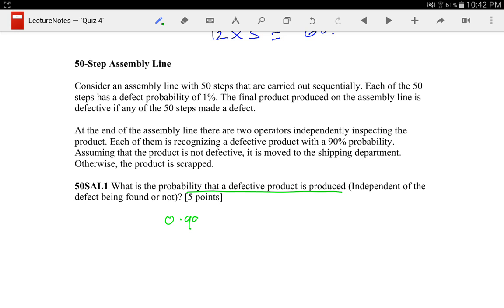To get the yield, we multiply the yields of each step. There are 50 steps, so we take 0.99 to the power of 50. Given that it's a linear production system, to get the yield we have to multiply the yields. So this comes to be 0.6050. And to get the defective rate, it is 1 minus 0.6050, which is